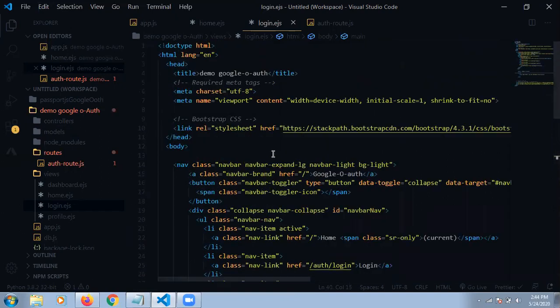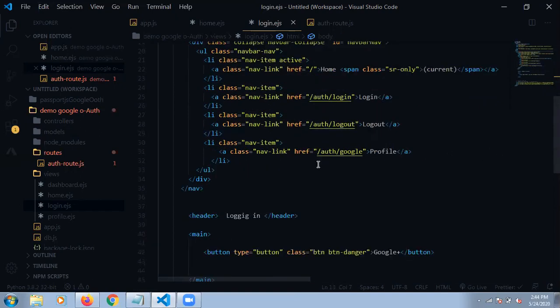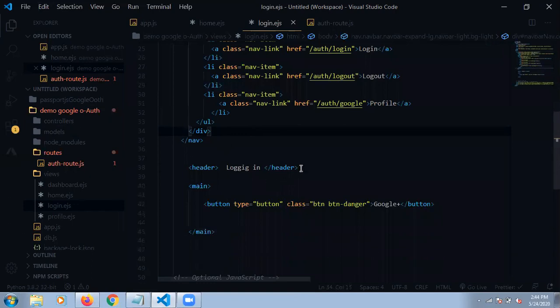So guys, this part has already been described: what is the use of this header, what is the use of this menu, and what is the use of this button. This button is a Bootstrap button. We can easily make a button through our link tag also, but we are creating a button directly here. If you want to connect our buttons with any of the things, we need an anchor.